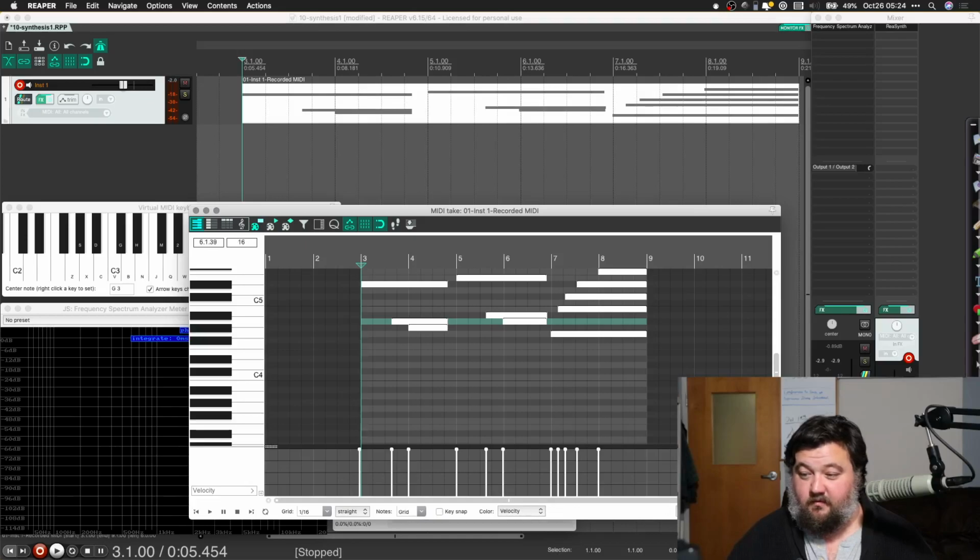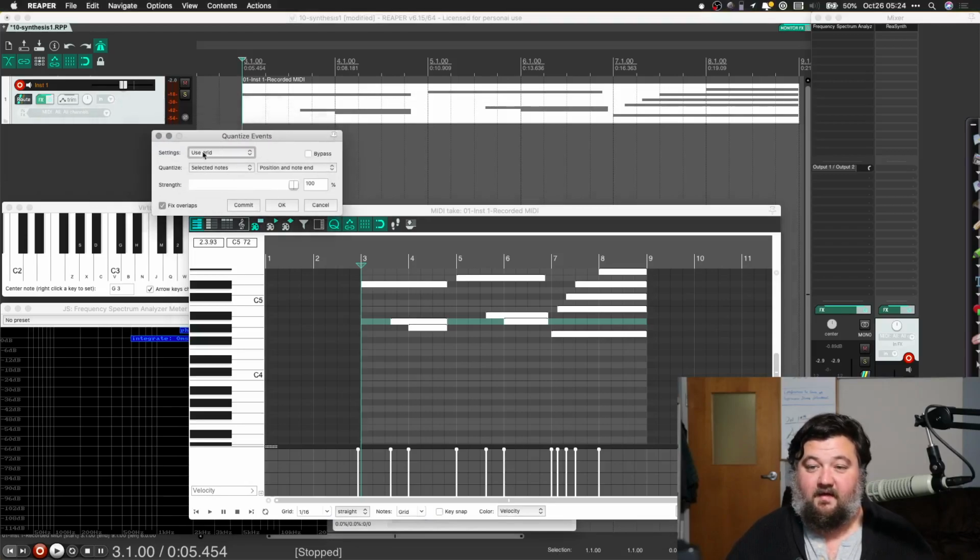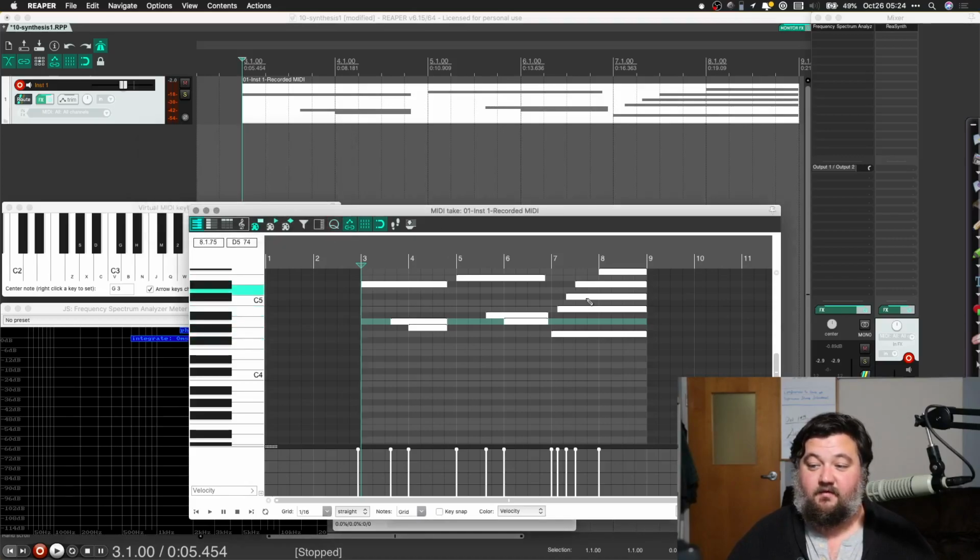There's one other thing I wanted to change here. Sorry, excuse me. Oh, there it is. It's over on my other screen. So I'm going to say use grid, selected notes, position, and note end. I want both of those, so beginning and end, so that we have clean cutoffs with these notes as well. Now, if we play it,